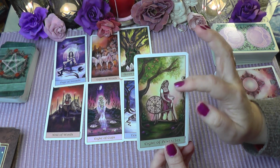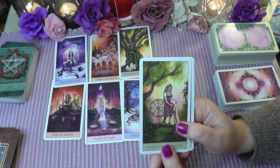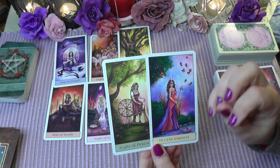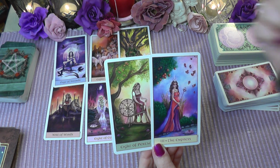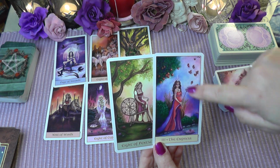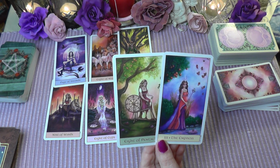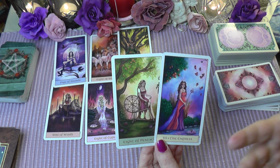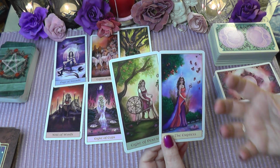But the 8 of Pentacles is often representative of someone who has worked hard, or is a good worker, or is very skilled, a very skilled person. And together with the Empress here, which is the card of growth and expansion and something blooming, transformation, it's a very positive card. You see that butterflies are significant for the transformation. The berries or the apples here are significant for something blooming, something flourishing. And also you see she's pregnant. So she can be pregnant with a new idea, with a baby, of course, with something new coming in,